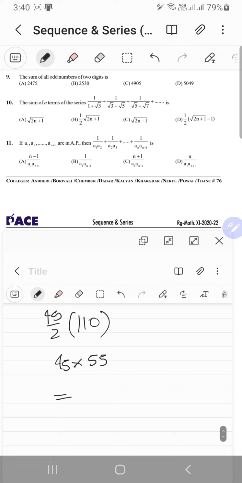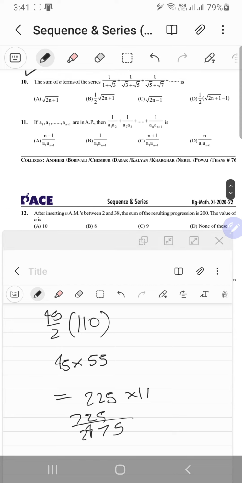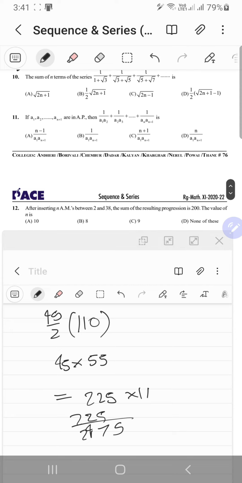Which is, so 45 into 5, that will be 225, I think, and that into 11, so 225 and 5742, so 2475. Cool. Next question. The sum of n terms of the series, this series is,